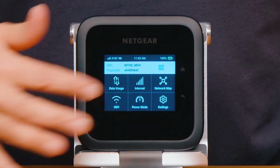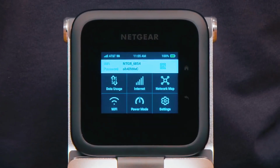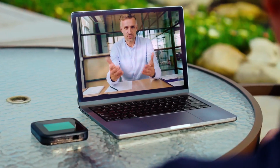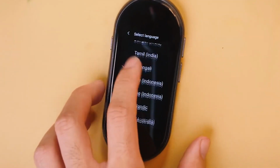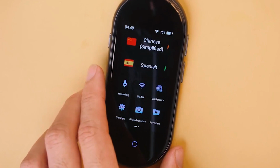Its international roaming support spans over 125 countries, offering secure and private Wi-Fi connections. The 13-hour battery life guarantees uninterrupted connectivity, making it an essential for businesses, travelers, and remote workers in need of exceptional performance and coverage. In pursuit of an exceptionally robust and reliable language translation solution for your travels, look no